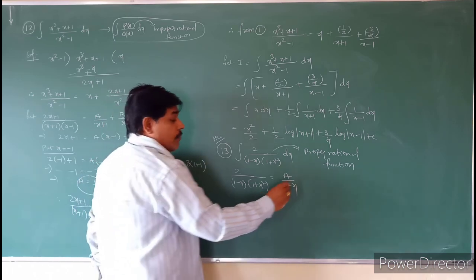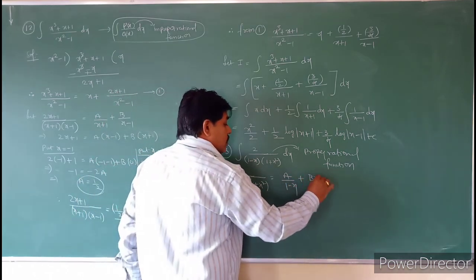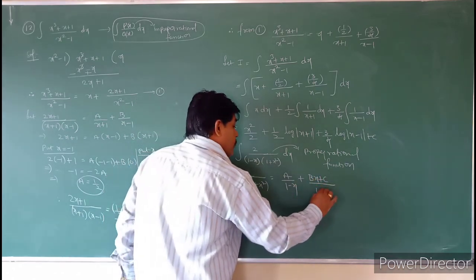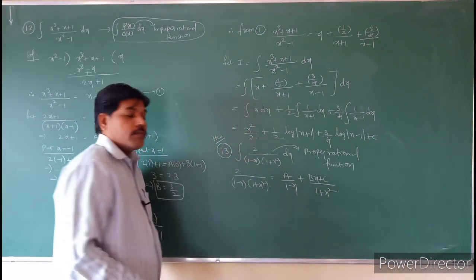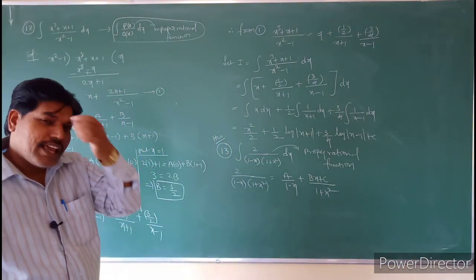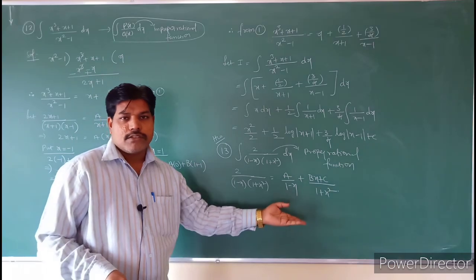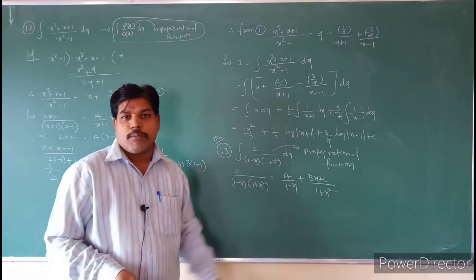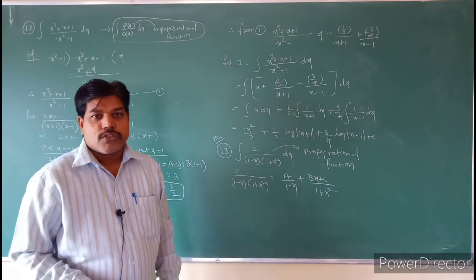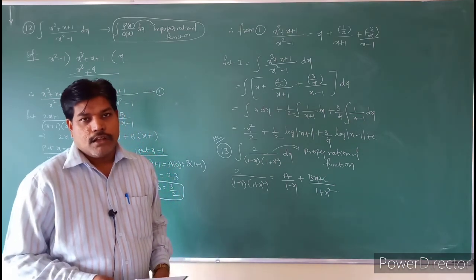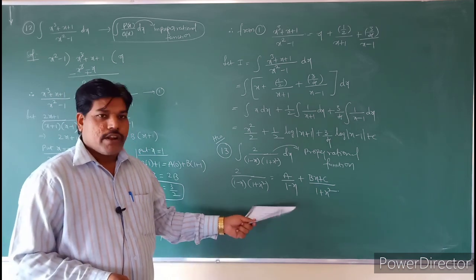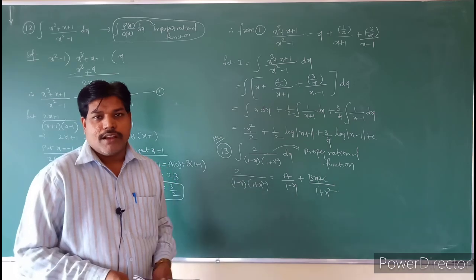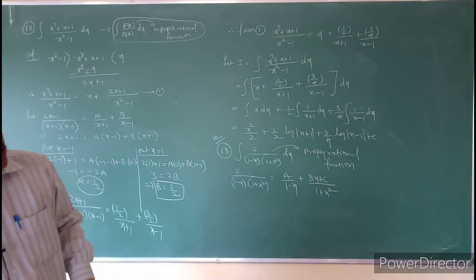For non-reducible, as I told, you have to take the partial fraction Bx plus C by 1 plus x square. Take the factors, take the LCM, calculate the A, B, C values and apply the integrations. So try that question, otherwise ask in the group. I will give you that one. So try this question also. Observe this one, calculate the A, B, C values and apply the integrations. Try that question also, students.